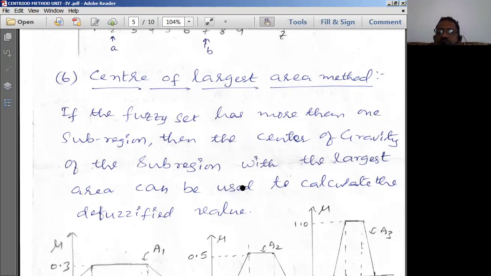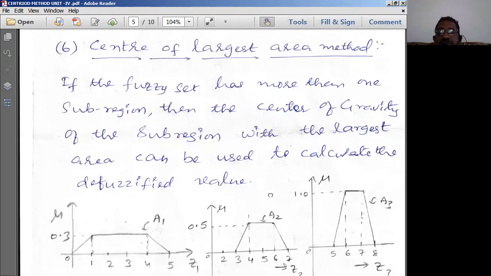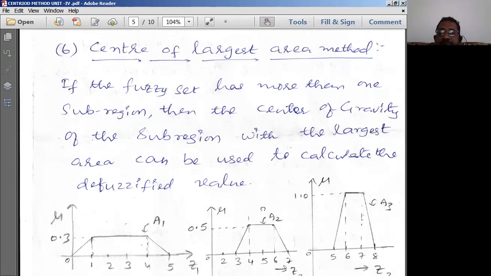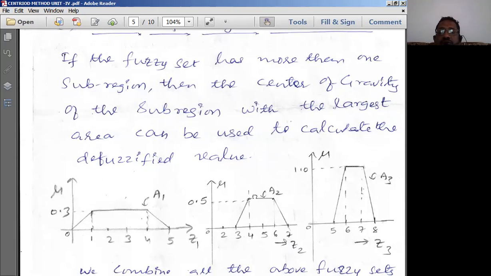So you should be careful in doing this particular problem, because a small mistake will make the entire problem wrong, because we will finally be getting the value of the defuzzification. If the value goes wrong, you get almost all 0 marks. So you should be careful about this. You should observe this carefully, and you should practice them with care. Then only you can get the correct solution.